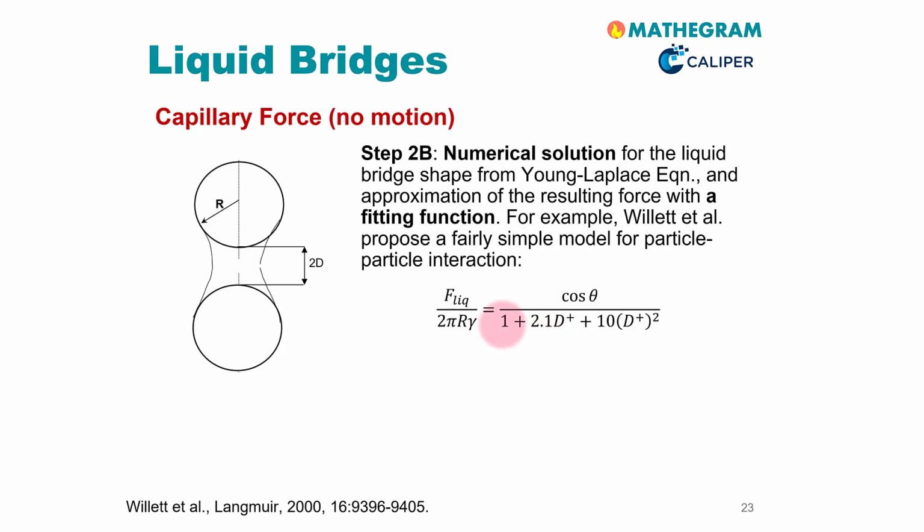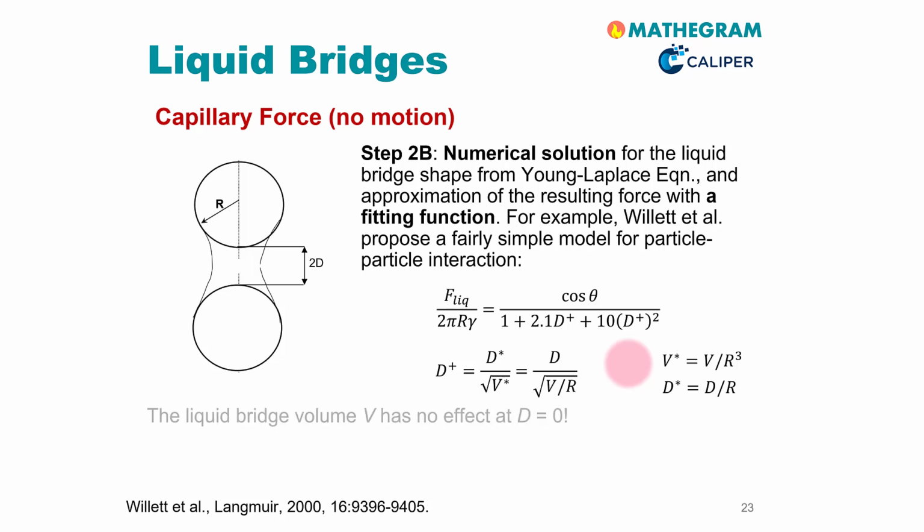Most important here is this expression here. You see that we have here a dimensionless distance d plus, and this d plus is defined as the distance. Here this is 2d, so d is actually the half distance between the two particles, divided by the square root of the liquid bridge volume V over R. Here you again see the definitions of these V star quantities and D star quantities. But the very important point here is you see